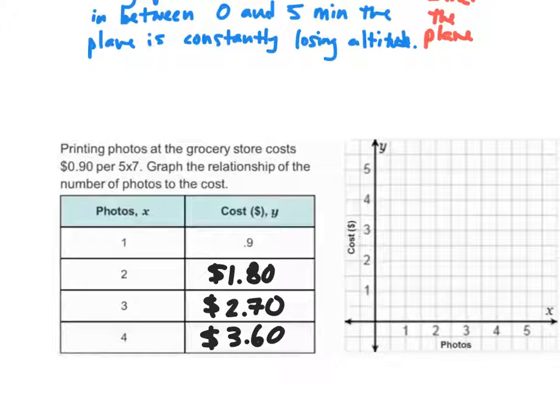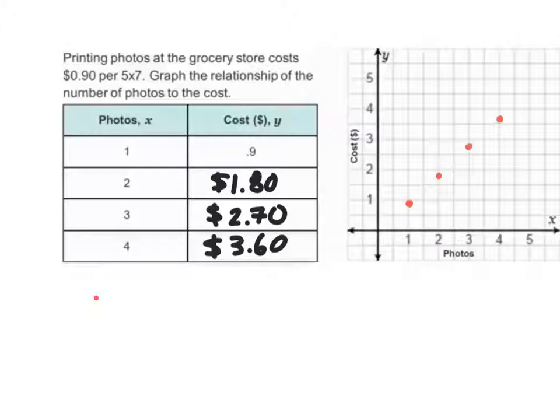So one photo is going to cost me 90 cents. I'll use red here. After two photos, it's going to be $1.80. After three photos, $2.70. And after four photos, it's going to be $3.60. Now, the question is, do I draw a line through here? And the answer to that is no. This is a discrete graph